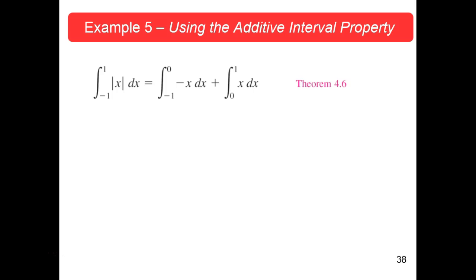So the definition of an absolute value is the opposite of the number if the number is negative. Like negative 23, its opposite would be 23. But if the number is positive, it's just the number. It's minus x anytime x is negative, and x anytime x is positive. So split this into two integrals: the integral from -1 to 0 of minus x dx, and then the integral from 0 to 1 of x dx. Now both of those